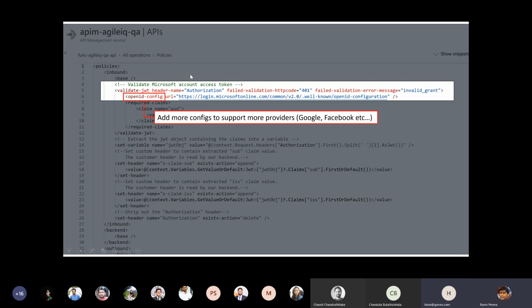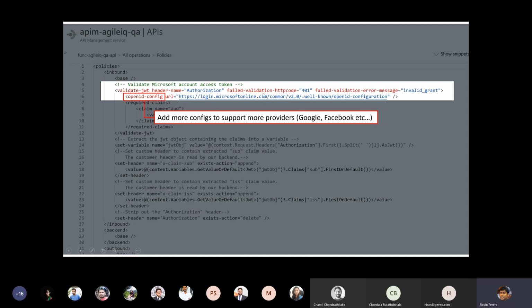Valid. So because they all follow this, the token has to be the OAuth token. So the API management, this validate JWT, it'll decode the token and actually analyze the details contained within that OAuth token. All the OAuth tokens issued by common service providers follow the same format. I think if you remember Akhila's Tech Talk last week, he showed some JWT tokens. There are a lot of claims in it, expirations and so on. So this would simply decode that token and validate the expirations and validate whether it conforms to this particular config.